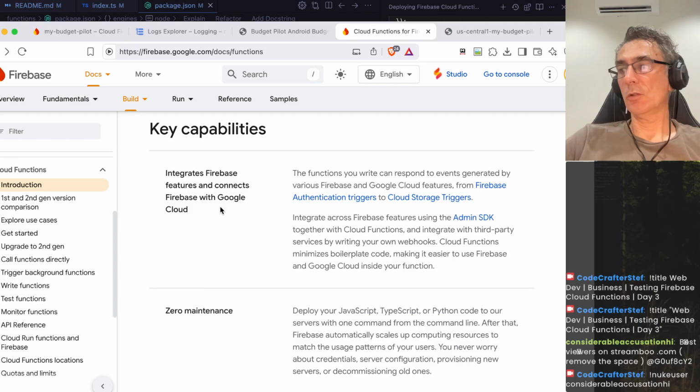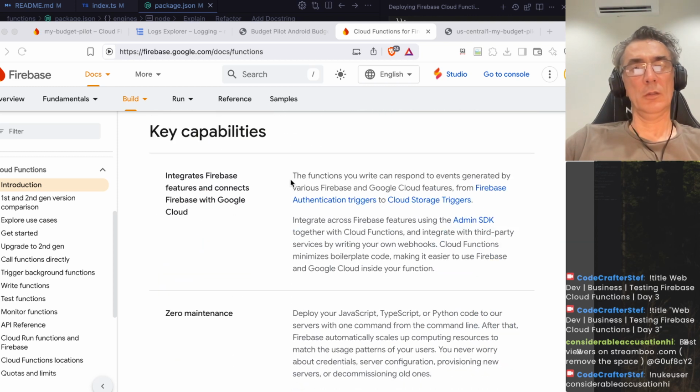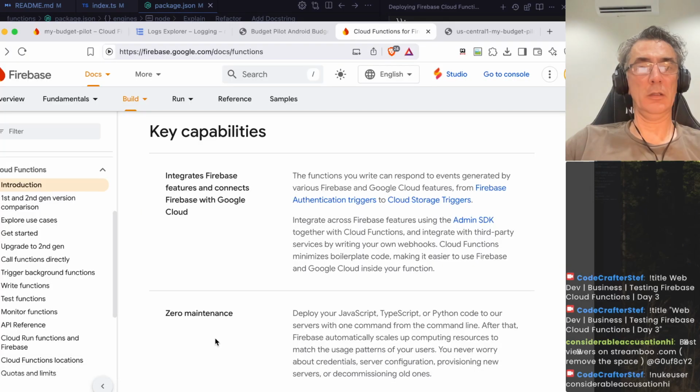Okay, so key capabilities. It integrates Firebase features and connects Firebase with Google Cloud. The functions you write, in the meantime, this is still running, can respond to events generated by various database and Google Cloud features,